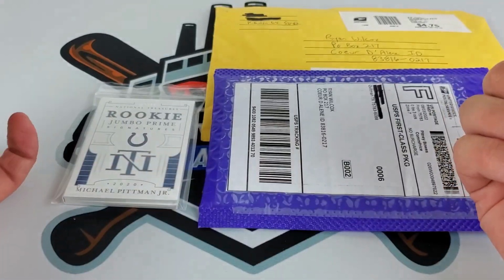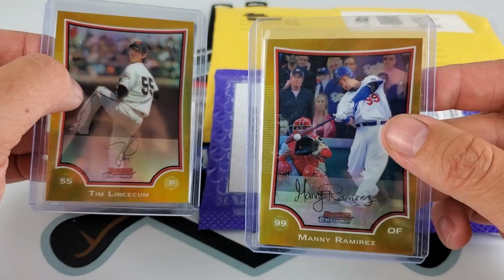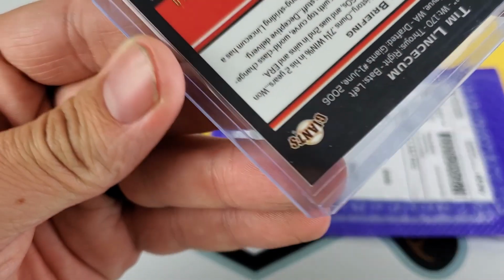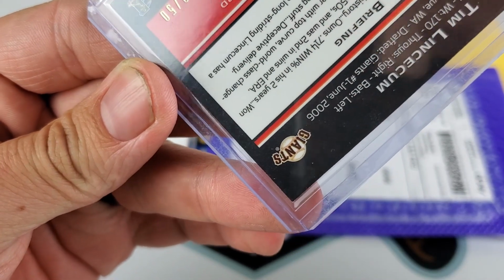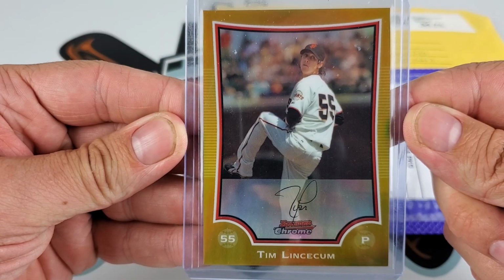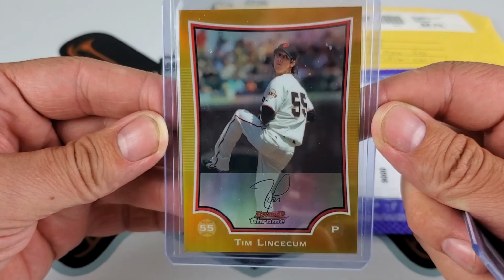Both golds. There wasn't a whole lot going on in this auction, hence there's only pretty much these three cards. A Timmy and Manny Ramirez gold, both out of 50. Fortunately, the Timmy pictures are very difficult online, but a little whitening down there in the corner. See it? Otherwise, it looked pretty gradable. Obviously off-centered, heading to the right, I believe it was. It doesn't seem like it was as bad in person as the pictures came out to, but as you know,